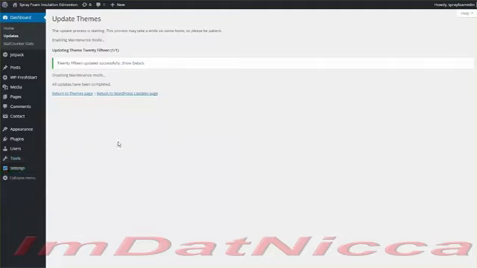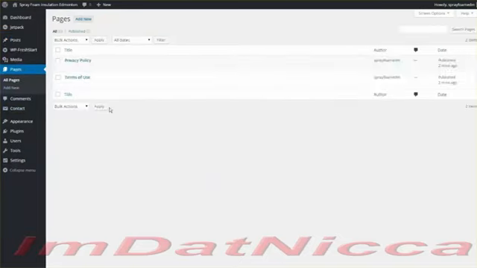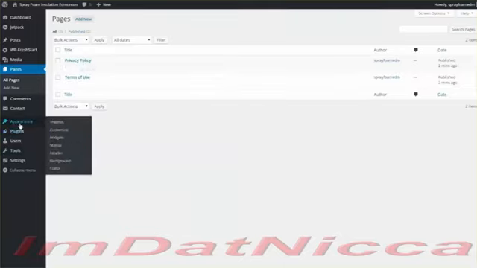And then if you go into the post folder, you'll see that all the posts are deleted. I can go to my pages. You'll see all the pages are deleted, except for the ones that the plugin created for me, my terms of use and my privacy policy. And then I'll go to my plugins,